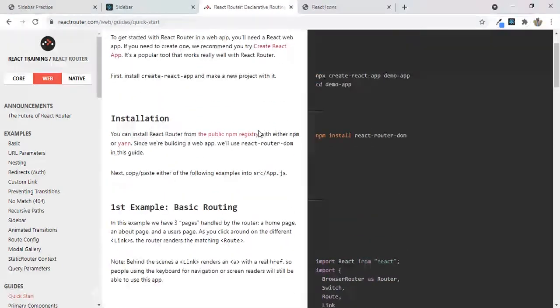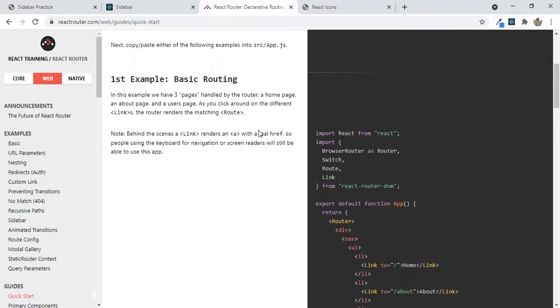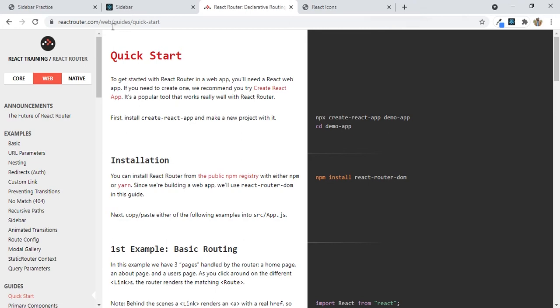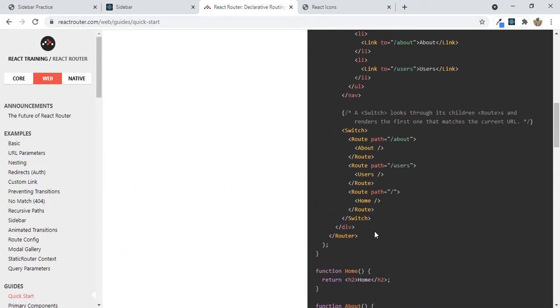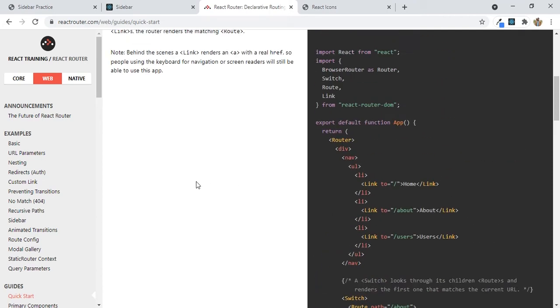Okay, there's something, I think I'm on the wrong page, but that doesn't matter. It is the same thing. Okay, so